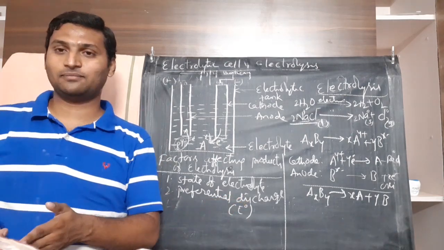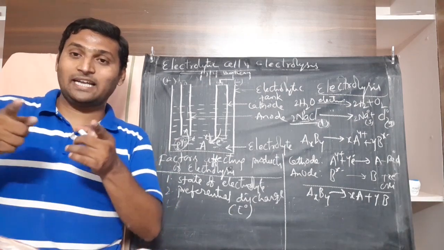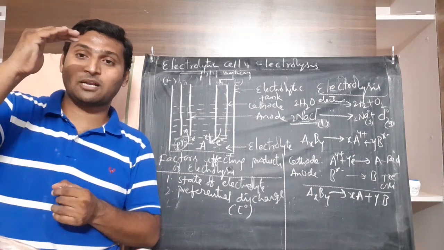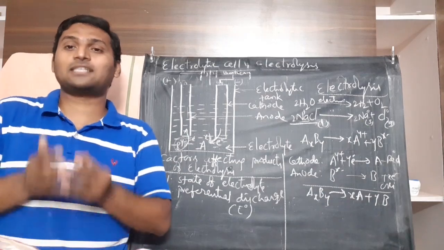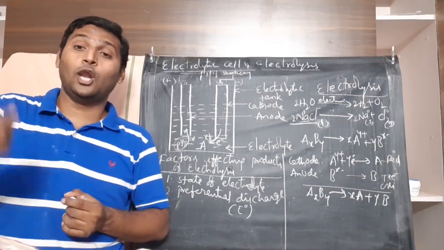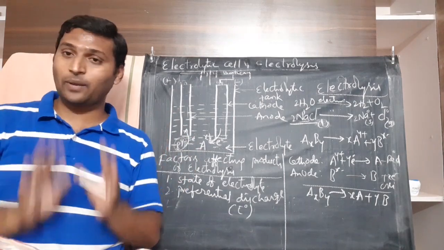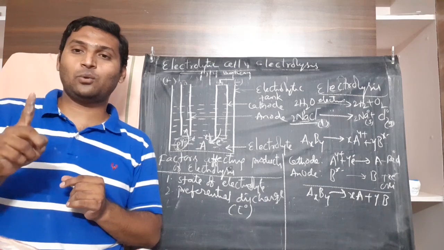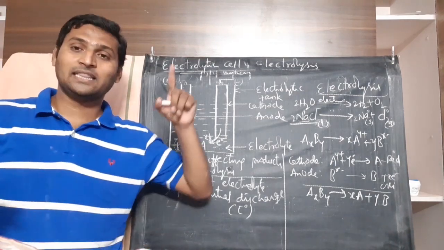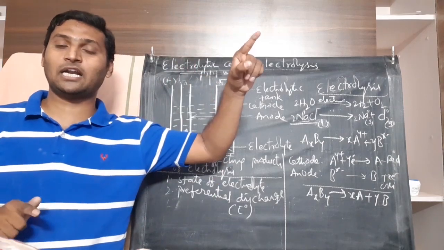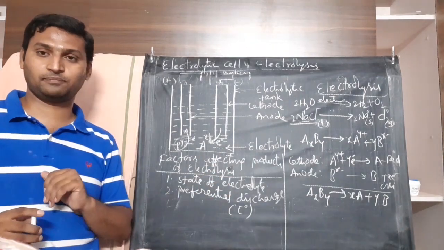Now coming to anode, oxidation, reverse. For a process to more readily undergo oxidation, its electrode potential must be lesser. So out of 2 or 3 or 4 species competing to undergo oxidation at anode, the one with lowest electrode potential, here by convention electrode potential means reduction potential, that we have understood. So the species with lowest electrode potential will undergo oxidation at anode. The species with highest electrode potential will undergo reduction at cathode. That is called preferential discharge theory.